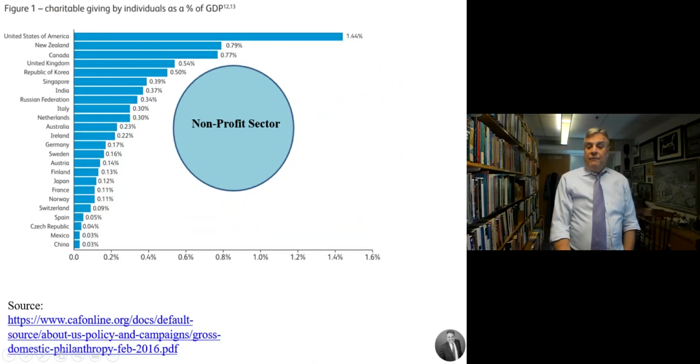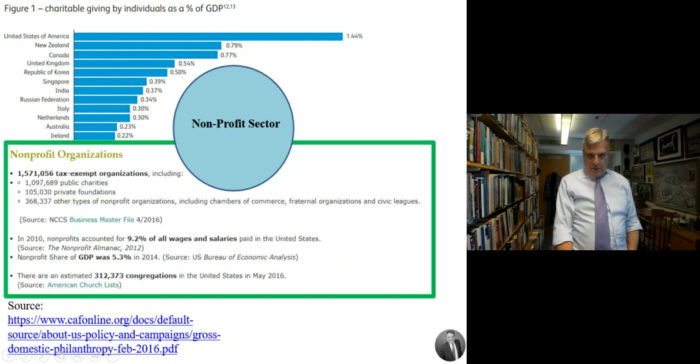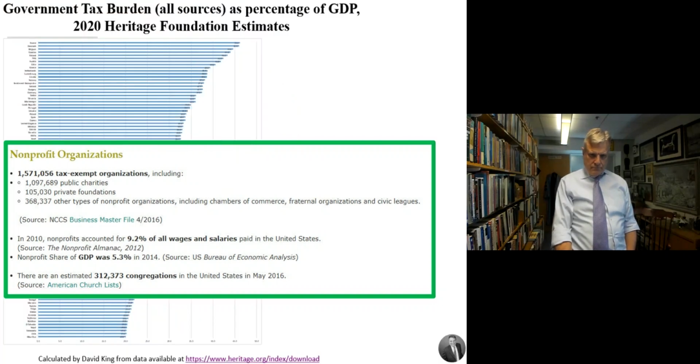We are by far a country, a people, who give to nonprofits. As a percentage of the gross domestic product, we have the largest nonprofit sector of any Western democracy. And many of our international nonprofits are based here. We are a nation of joiners, and the nonprofit sector does a huge amount of our work. Okay, so